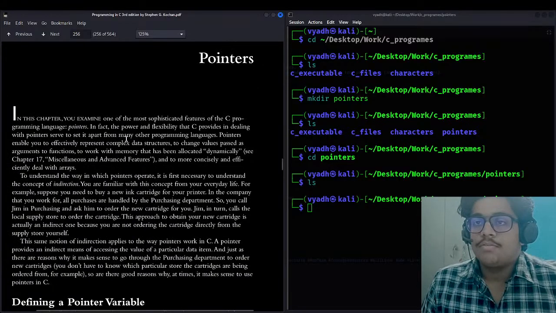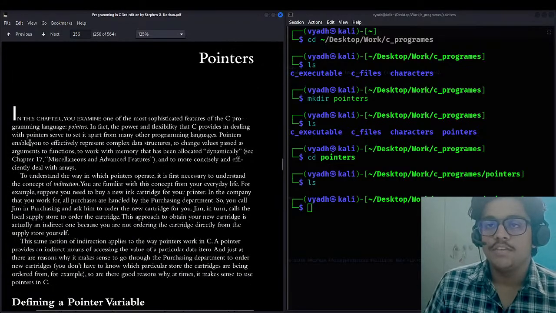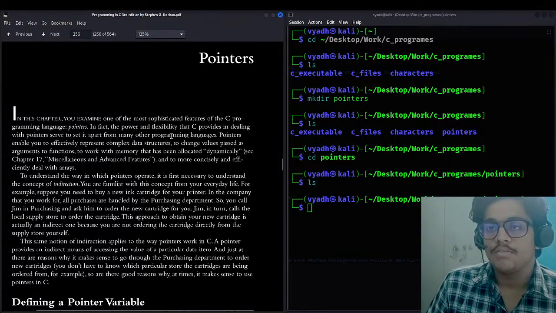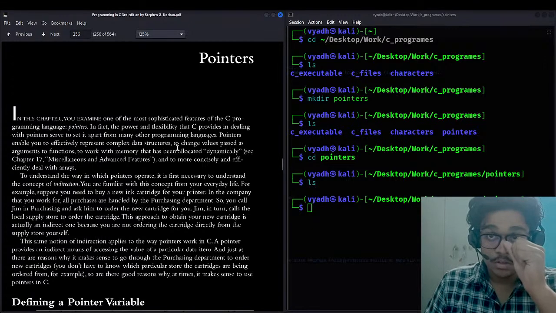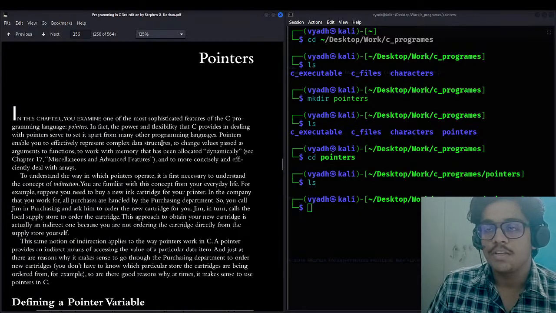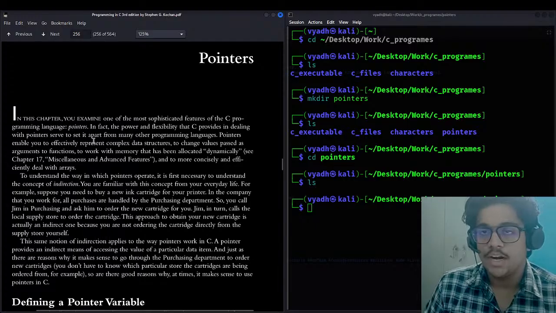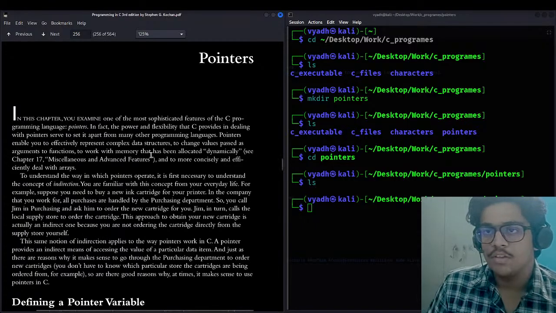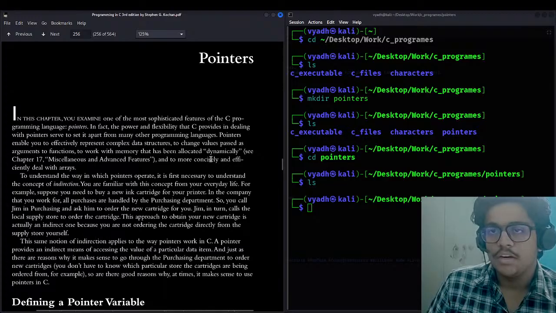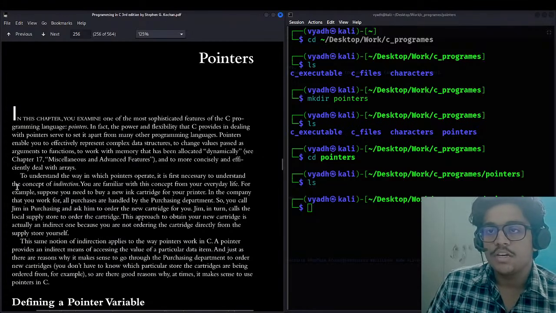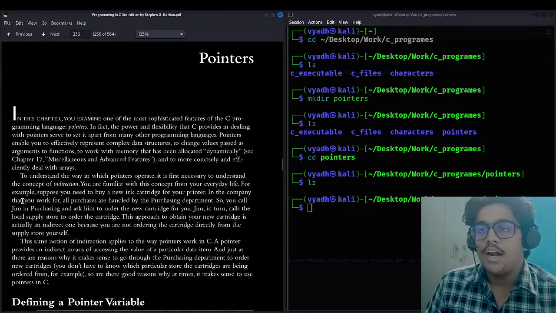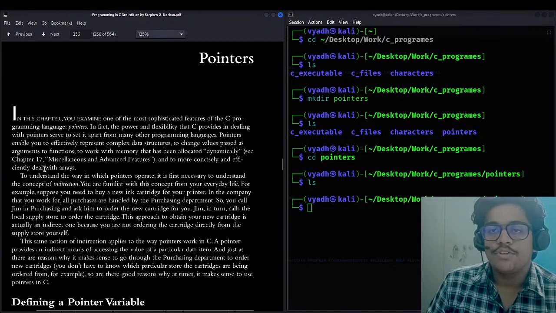In fact, the power and flexibility that C provides in dealing with pointers set it apart from many other programming languages. Pointers enable you to effectively represent complex data structures, to change values passed as arguments to functions, to work with memory allocated dynamically, and to more concisely and efficiently deal with arrays.